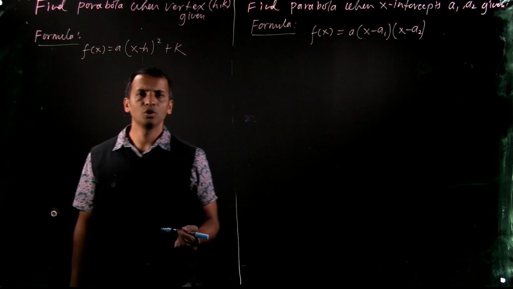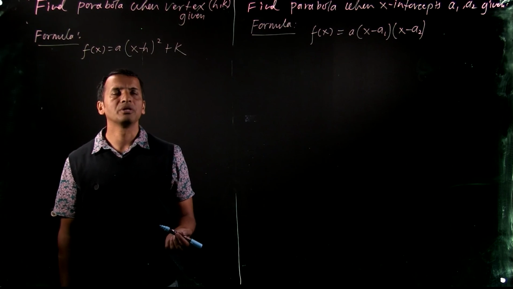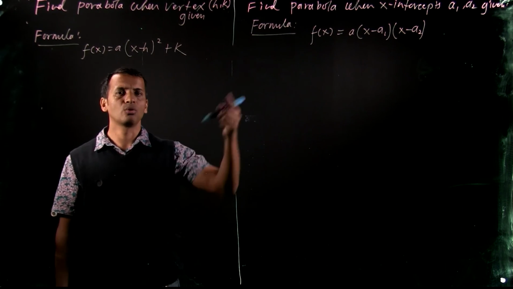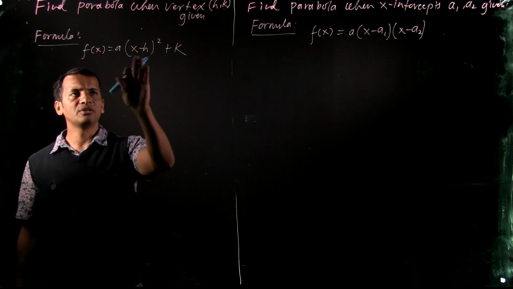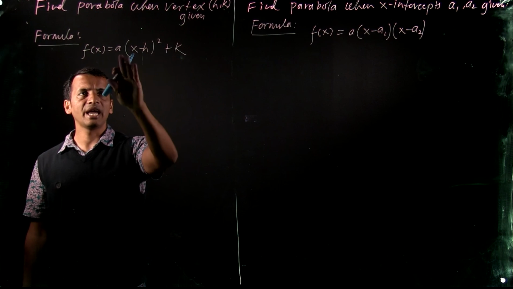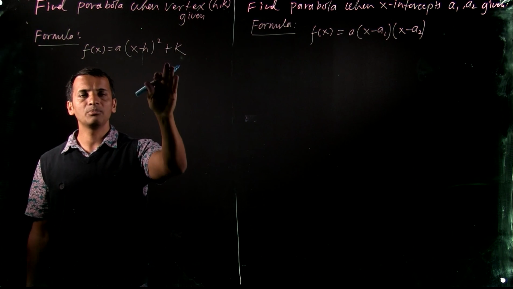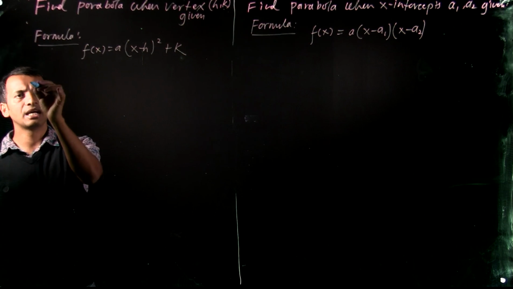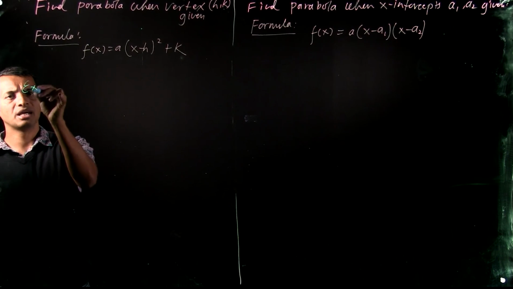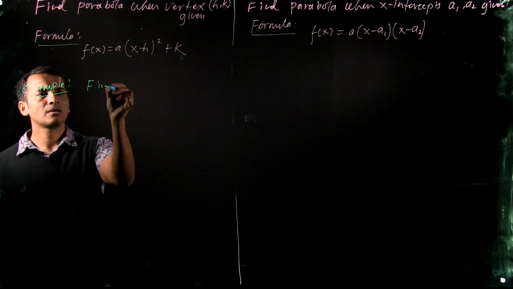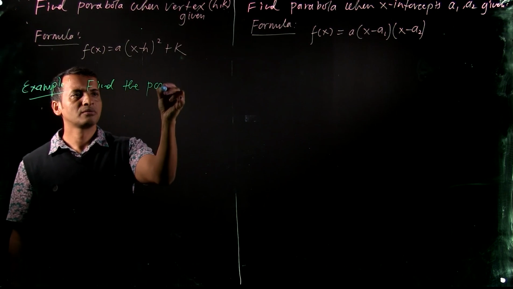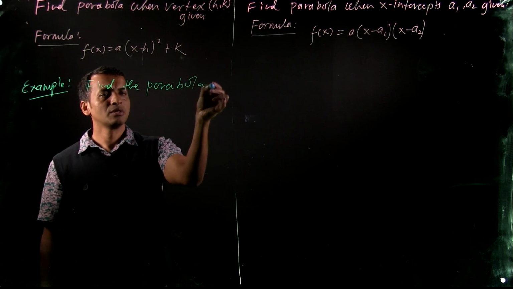In this video, I'm going to show you how to find the parabola when the vertex is given and when the x-intercepts are given. The formula when the vertex h, k is given is a times x minus h squared plus k. So let me take an example. Find the parabola that passes through